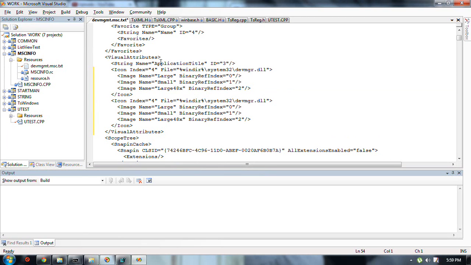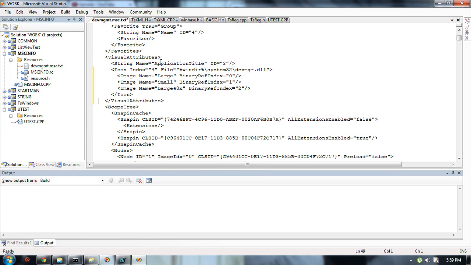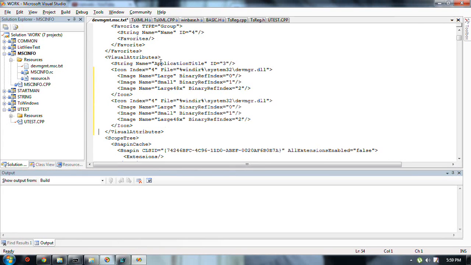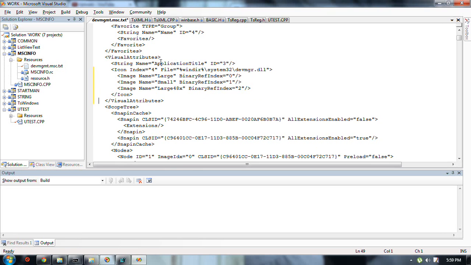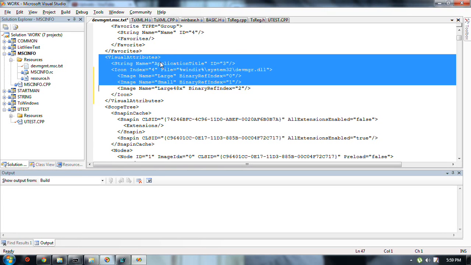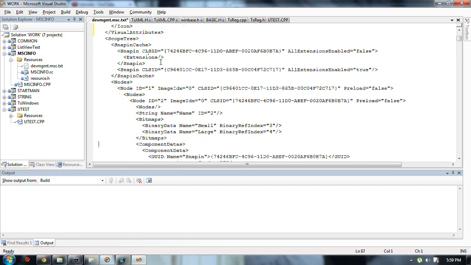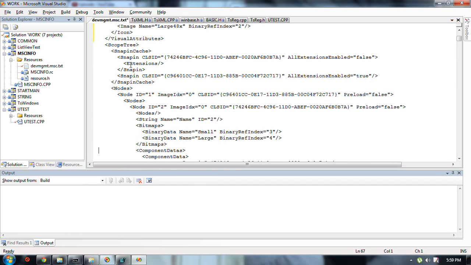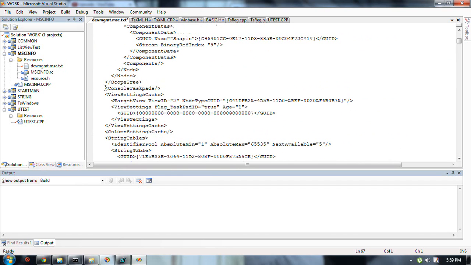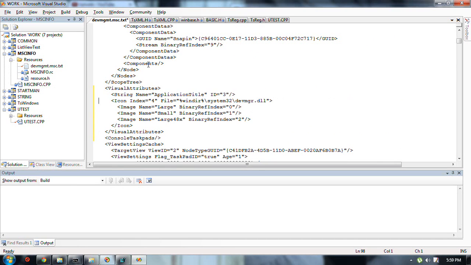It's complicated because there could be another visual attribute. It's got to check for it in here, and if it doesn't find a second one in here, there might be another visual attribute down the road after this one that has two icons, but I wouldn't want to return that one